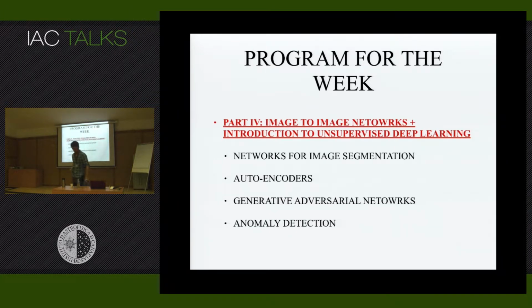So this will be for supervised learning, and then I'll try to show some examples of unsupervised learning with deep learning. So image-to-image networks, so networks that are able to produce images or data, not only classifying. And this will introduce the unsupervised deep learning, so how you can use autoencoders. Also, Delia will talk about this, but I will also add some notes on here. And I will jump to generative adversarial networks and how they can be used for anomaly detection in astronomy.